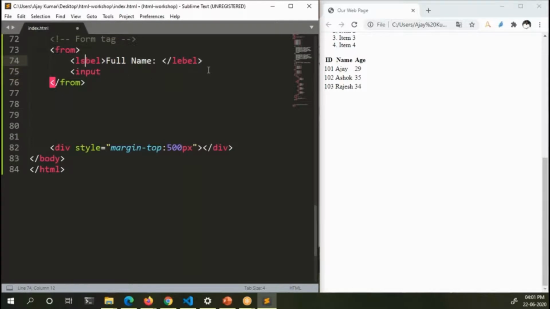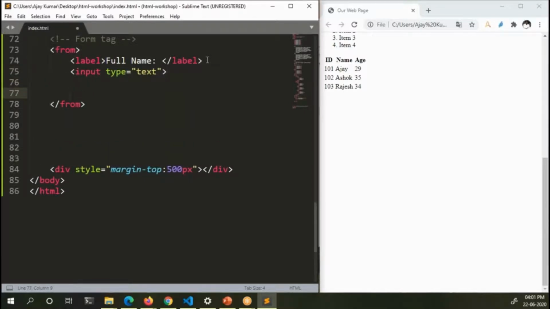So the input tag will create input elements, for example, the full name, which is generally text. If you want to create a text box, you will use the input tag and set the type attribute to text. Now this will create a text box.